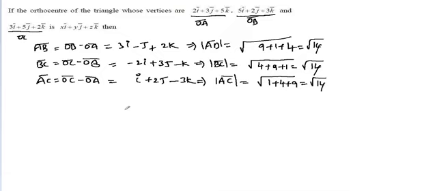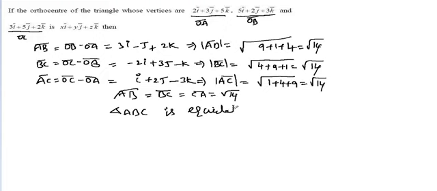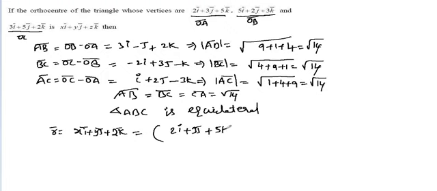Here in triangle ABC, all sides are equal, that is AB bar is equal to BC bar is equal to CA bar is equal to root 14. Therefore, the triangle is an equilateral triangle. Therefore, the orthocenter R bar is equal to xi plus yj plus zk. This orthocenter coincides with the centroid. Centroid of the triangle is